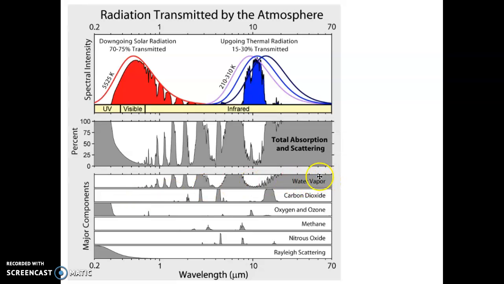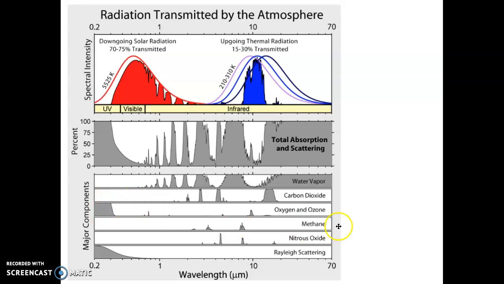Water vapor likes to absorb this whole range of frequencies here, and then a little bit in the high range. Carbon dioxide will absorb this range, which is actually quite an intense range. Oxygen and ozone,